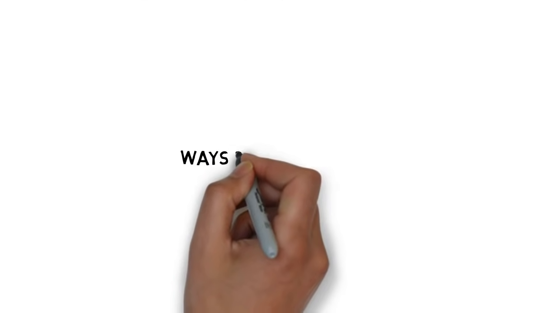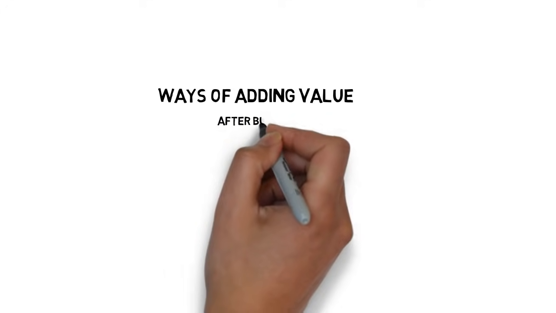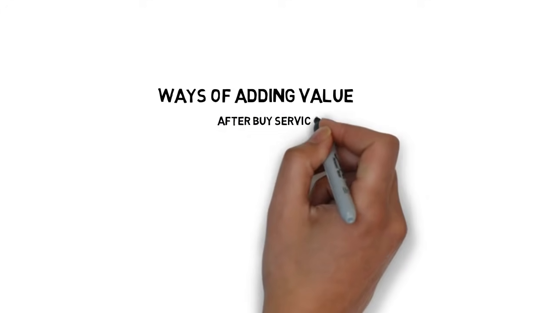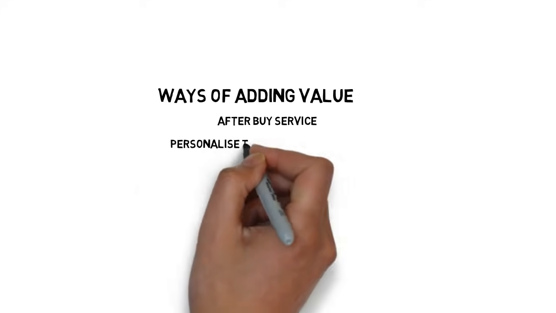Companies will use a number of ways to add value to their product. I've listed 4 here, but there are many other options. You could find out for yourself, or you could quiz your teacher. That's up to you. Number 1 is after-buy service. Some businesses will offer the option to provide support for the product or service you have bought for an additional cost. So if something goes wrong with your product, they will try and fix it for you.